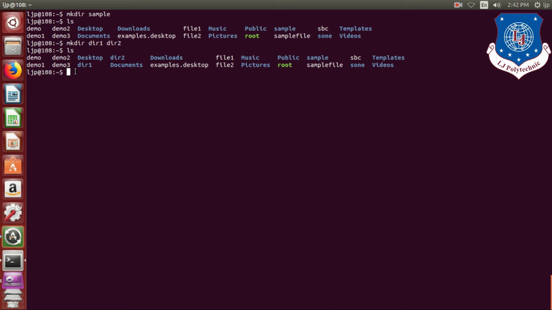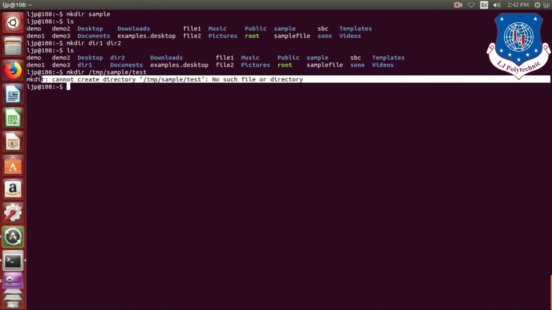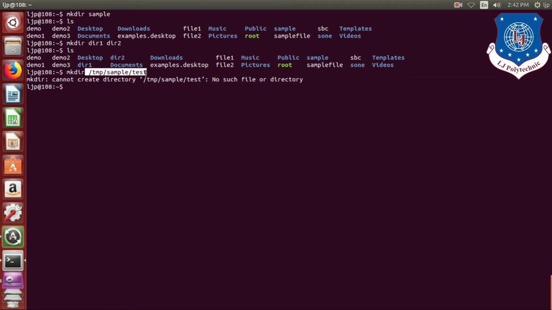Like an example, I am writing mkdir slash tmp slash sample slash test. As you can see over here, it will generate an error because the parent directory is not present.